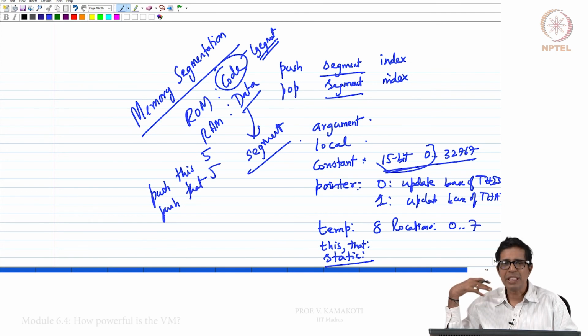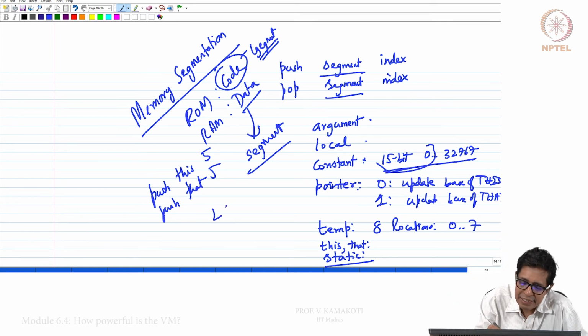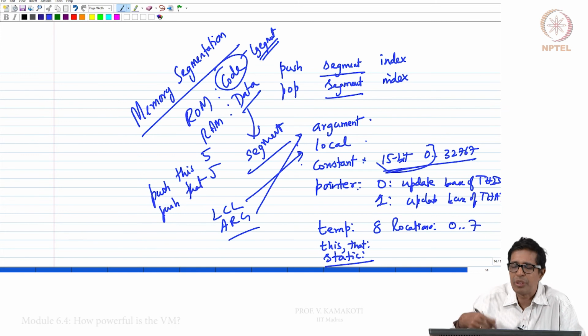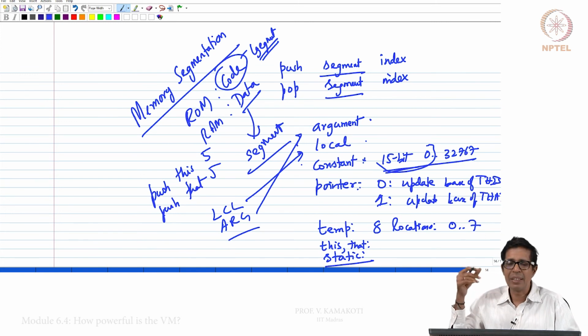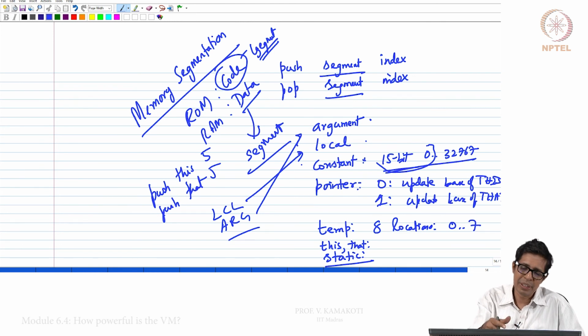Now just keep in mind that when we constructed the symbol table, we had things like LCL, ARG. Now some bell should ring. This is argument, local. So for every function that we are compiling, the base address for your argument, the base address for your local segment, the base address for your temp segment, etc. will be stored in these variables like LCL, ARG. We will see how it is going to be done, right.